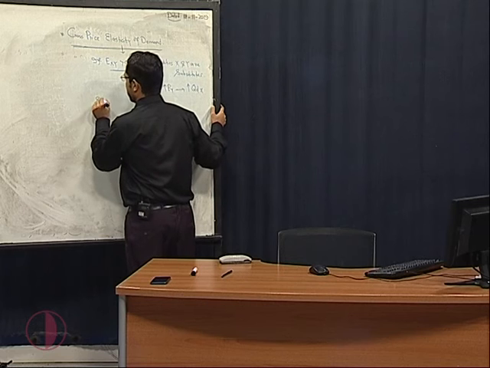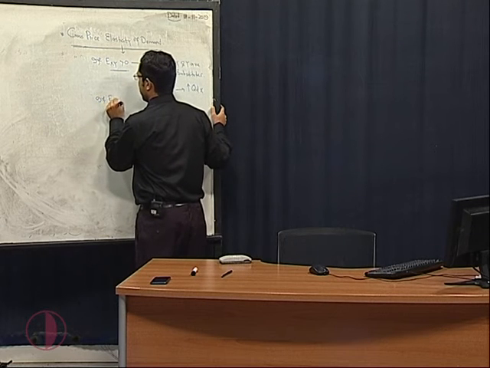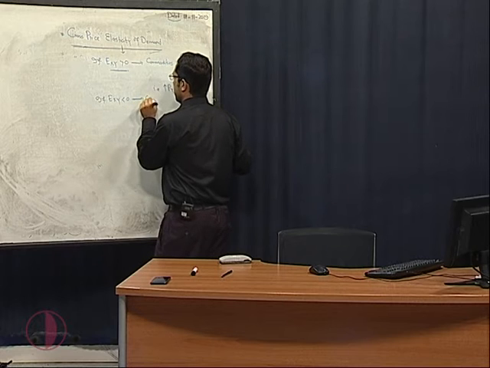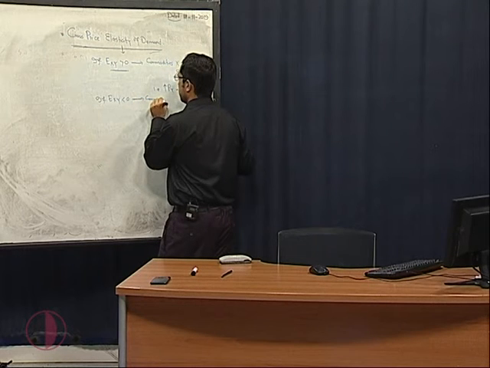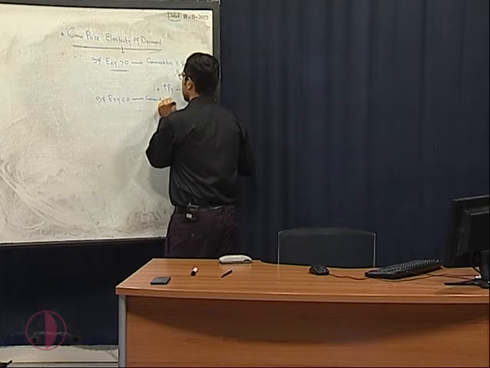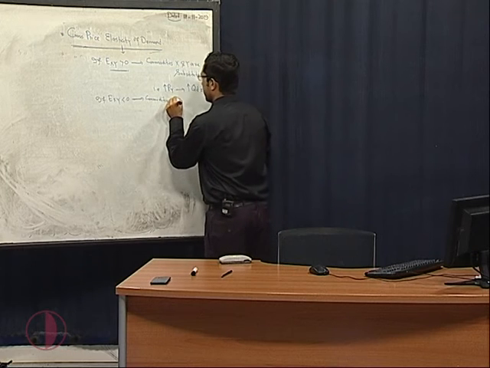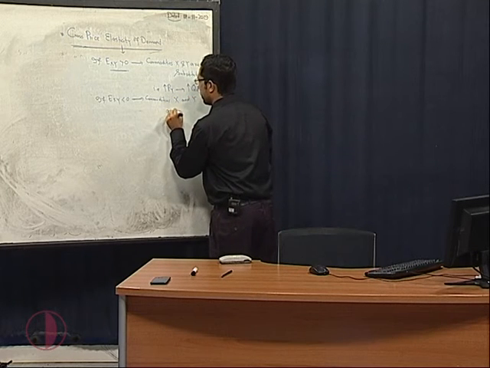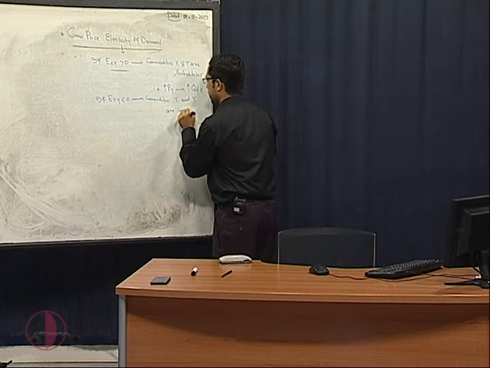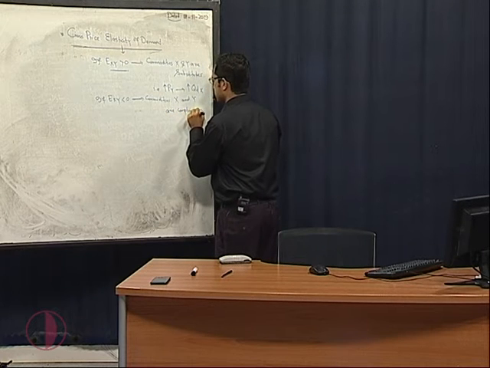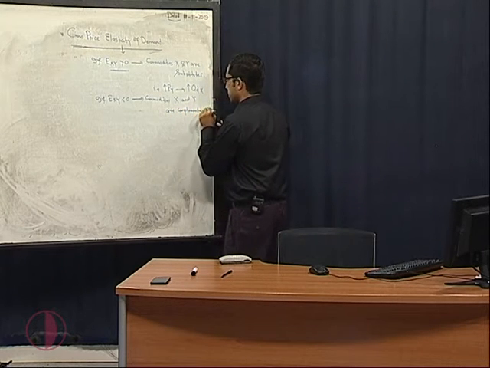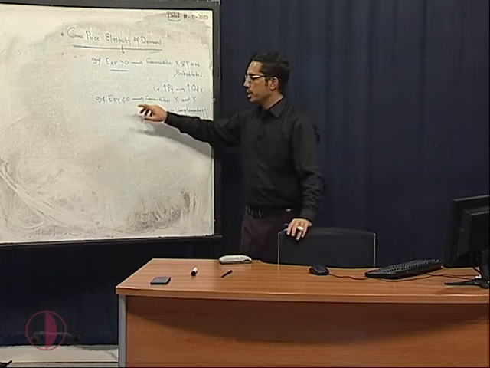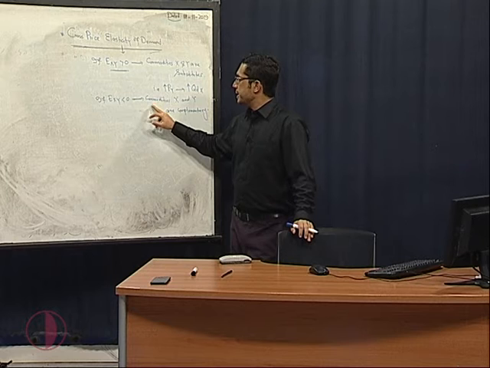If, on the other hand, this value is less than 0, it means that commodities X and Y are